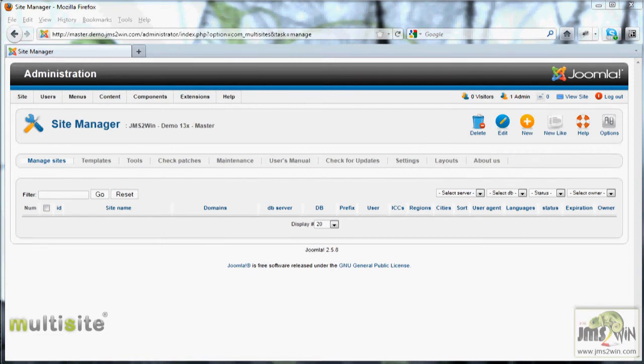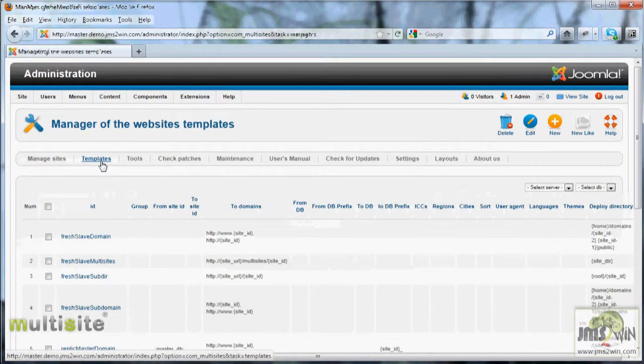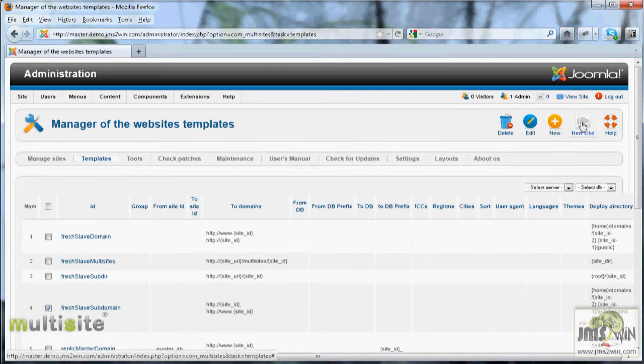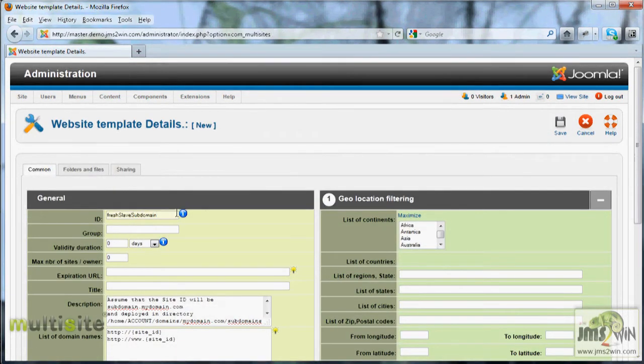Here the idea is to create a first fresh slave site, and in our case we will use slave1.demo.jms2win.com. We don't have a rule yet that corresponds to a subdomain like that, so we will create a new rule more or less like the current one, because of the domain name that we use as a demo inside the environment. So we will create here a demo